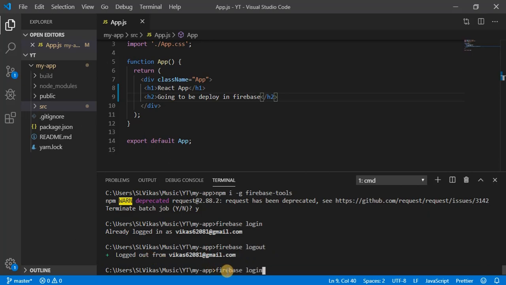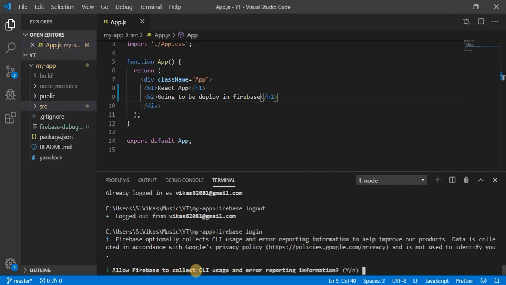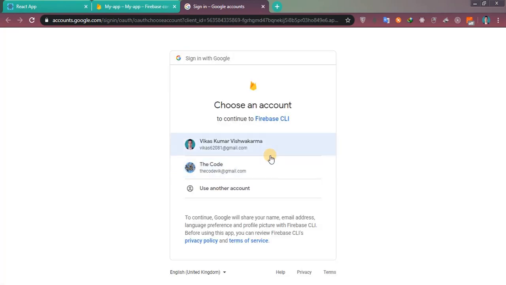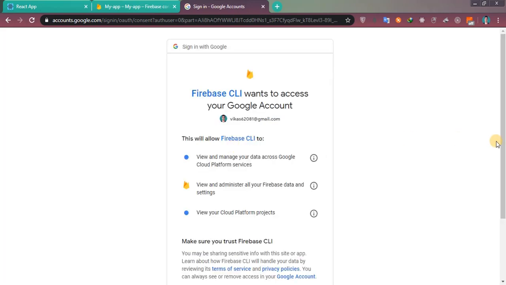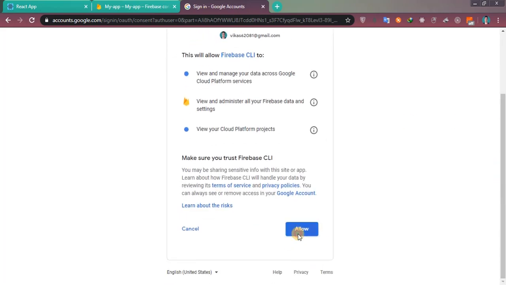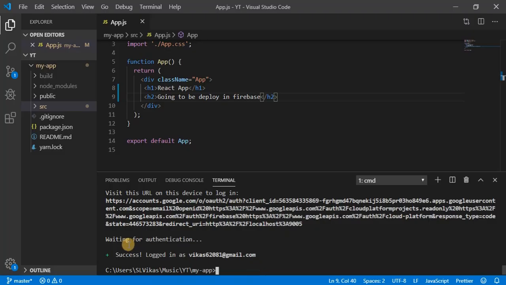Now let me do firebase login. So allow Firebase to collect error reporting information. So please say yes, and it will open a link automatically. You have to select your account from here. So click your account, and from this one you have to click on allow. Okay, now you are done with this. Let's come to VS Code, and you can see here success, logged in.